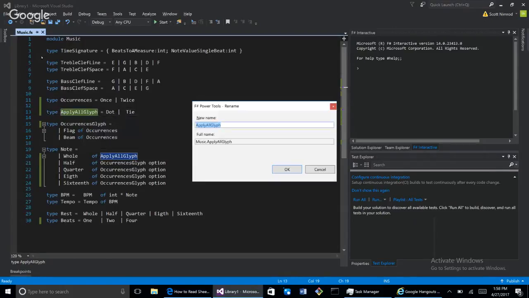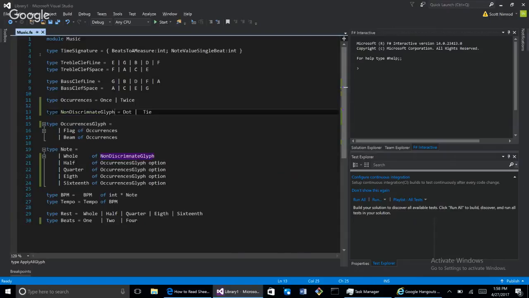So maybe we could say non-discriminate glyph, right? I don't know. You pick your poison, okay? And so whole can be a non-discriminate glyph over here. That makes sense. But these others, half, quarter, a 16th, they should also have the option to use a non-discriminate glyph or an occurrences glyph,